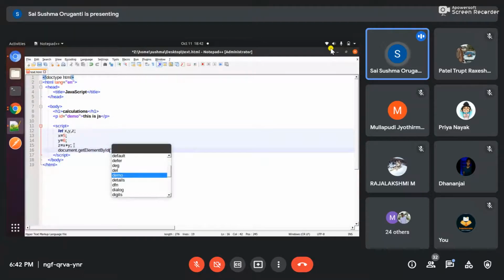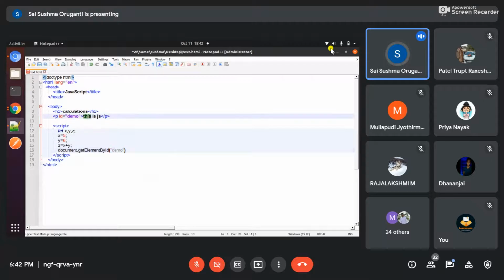Our ID is demo only, right? The paragraph has to change from this JS text to the number. So document dot getElementById dot innerHTML is equal to, with what we have to change.